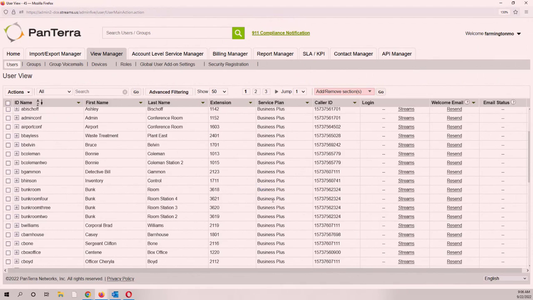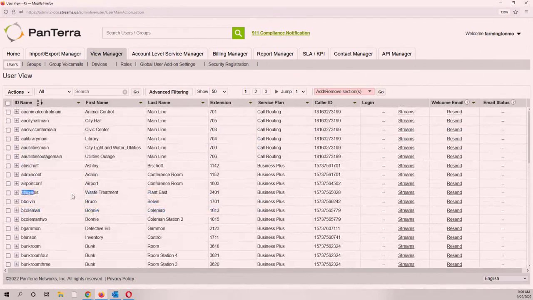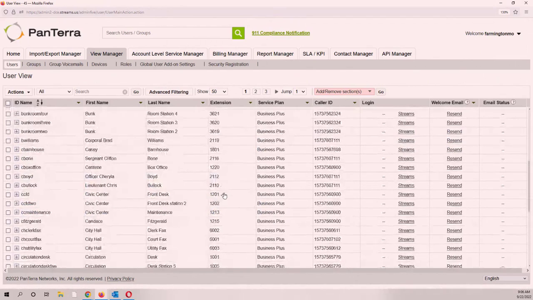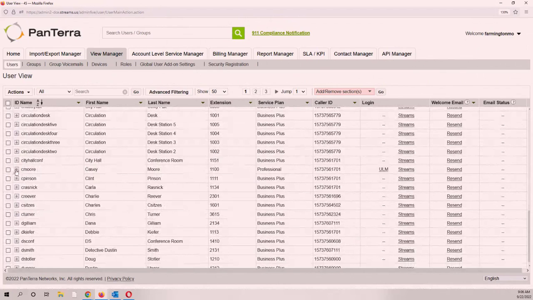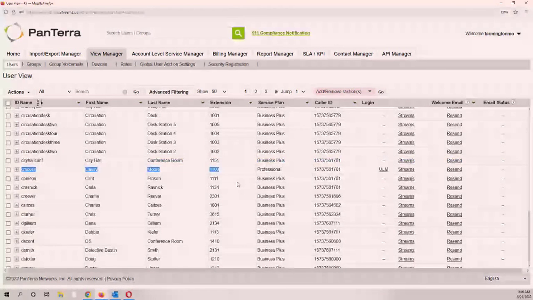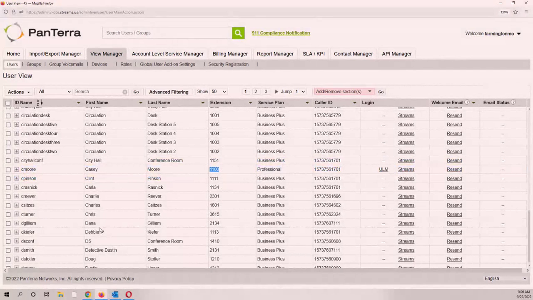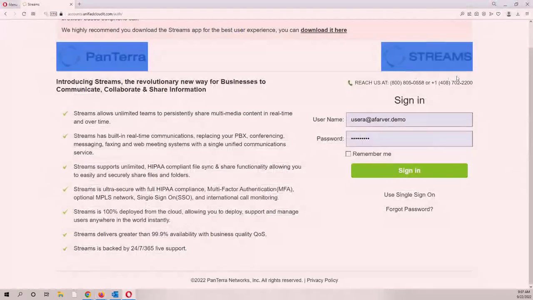These are like bundles of features that allow us to build a B. Coleman user 1013. Right? We have B. Bayless 2401. Get down here, we have C. Moore 1100. So the user ID and the extension are one and the same. They're synonymous with each other. So what that means is we take that user, we take that extension, and we can sign into our Streams